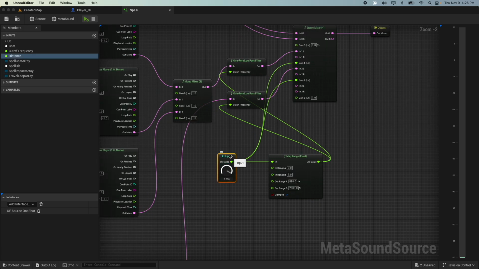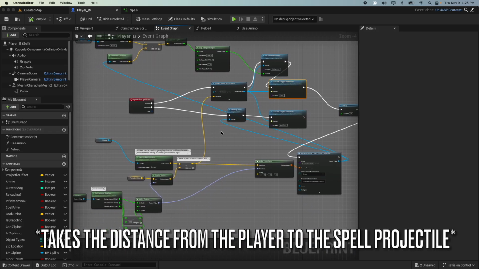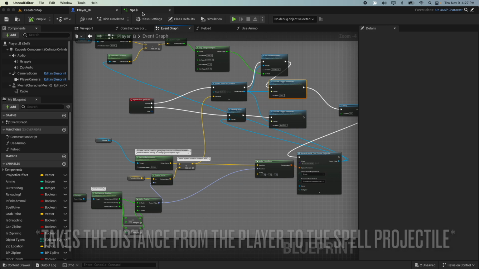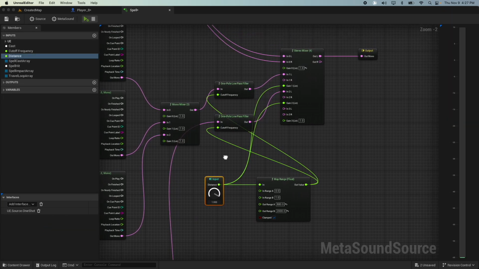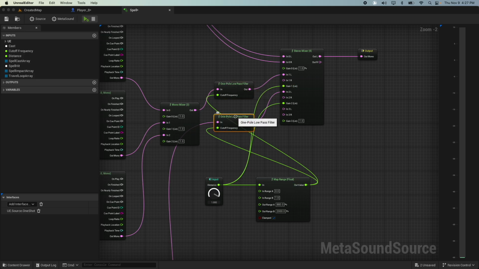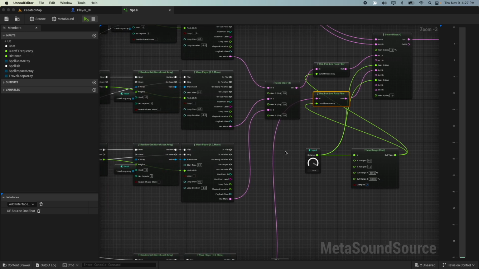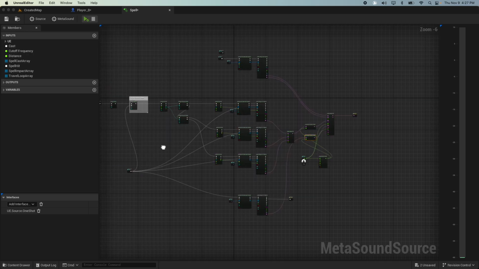This variable takes from the player blueprint, and we'll return it to this, and this controls the volume of the impact and the travel loop, and also controls a low pass filter that's on it as well. So yeah, that's a bit of spatialization I did,